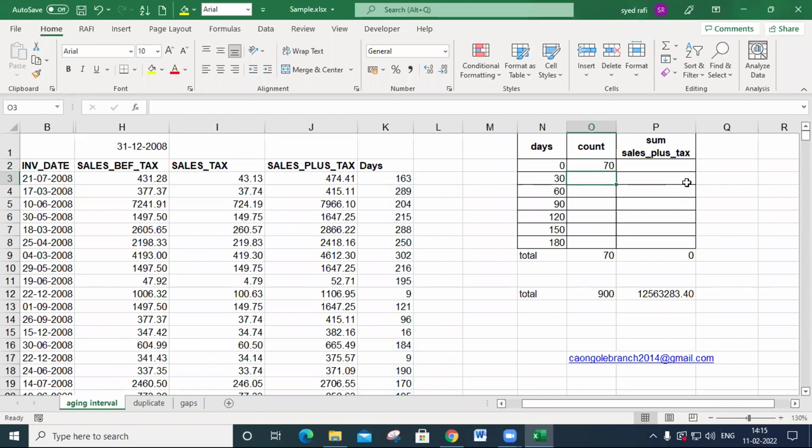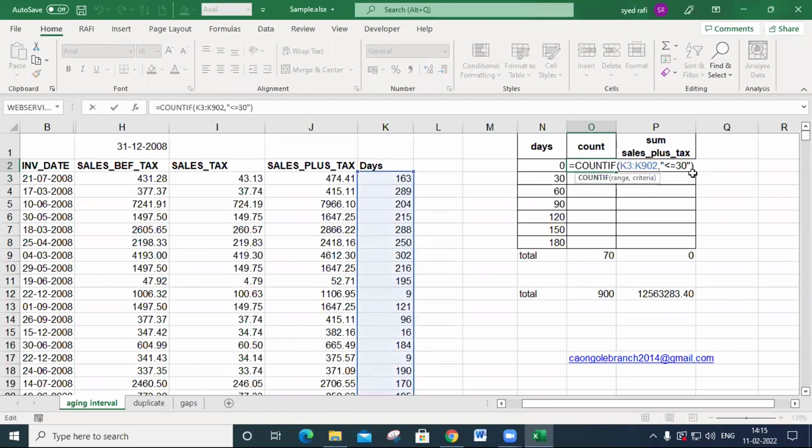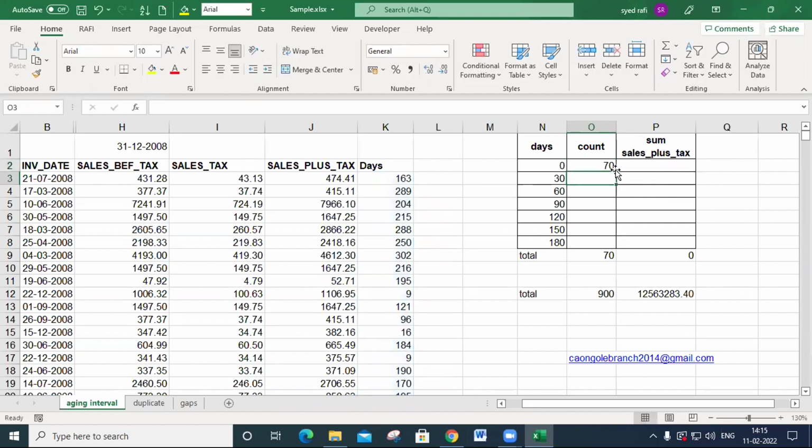Okay. And here only one condition is there. That's why we use the COUNTIF. But here, less than 30, we say less than or equal to 30. But here, 31 to 60 days we must calculate. Here we specify 2 criteria. The first criteria is above 30 days,